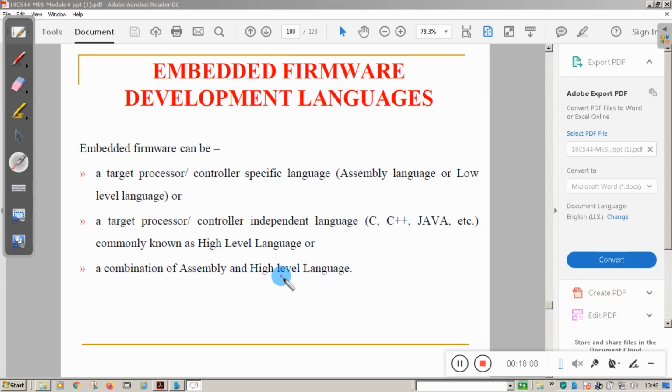So three types of approaches are there. One is controller specific, one is controller independent where we use a high level language, and the third one is a mixture of both, that is assembly and high level language.